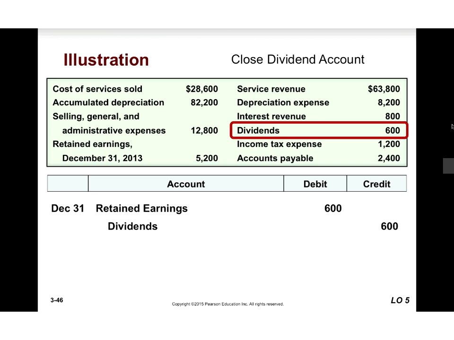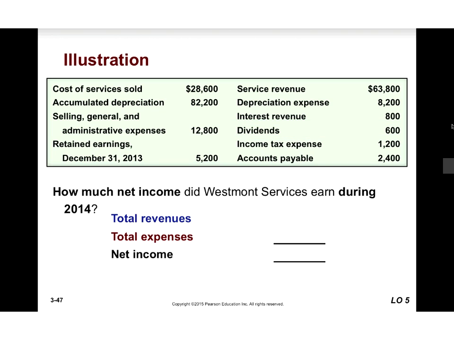Okay, now we've got our 3 closing entries. So the first question is, how much income did they earn during the year? It's going to be our revenues minus our expenses, which were actually